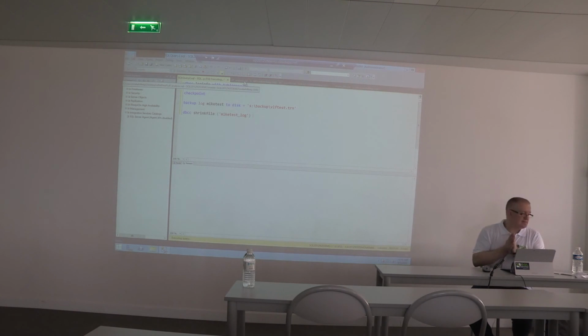So this is actually a good point: is everyone familiar with instant file initialization? I don't know that I've enabled it on this machine, which makes sense. There it goes. Instant file initialization won't help with your transaction log file, but it will help with your transaction log file backups, because the backups can use IFI. So what I can see here is I backed up about 134,000 pages. That's nearly 2 minutes. So what I'm going to do is shrink my file.